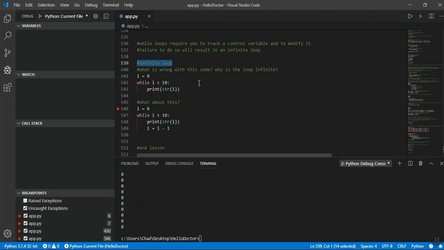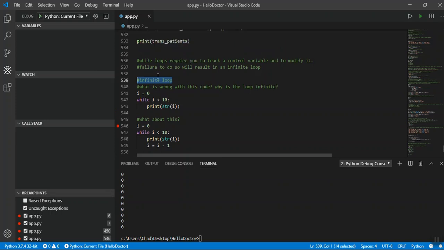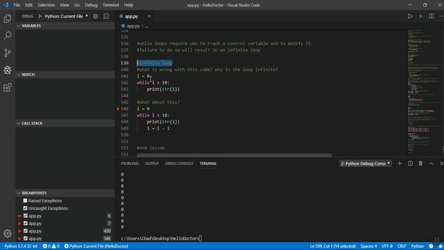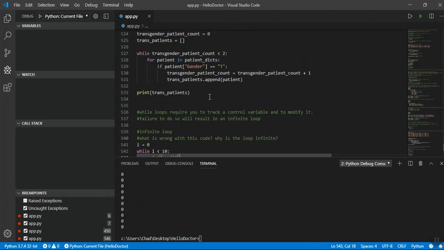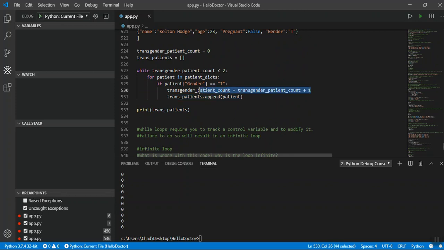So you got to be very careful using while loops because you can get into situations where you have infinite loops like this with a while loop. And the whole issue here is we didn't modify our control variable to have a condition where it would stop, right? So we're saying keep going as long as it's less than 10, but we never do anything with the I so that it can have a chance to stop, like we do here, right? We have our control variable and we're adding 1 to it, so it has a chance to stop,